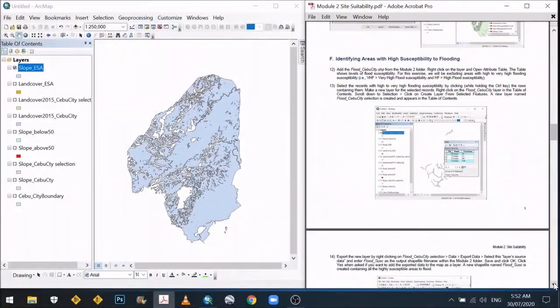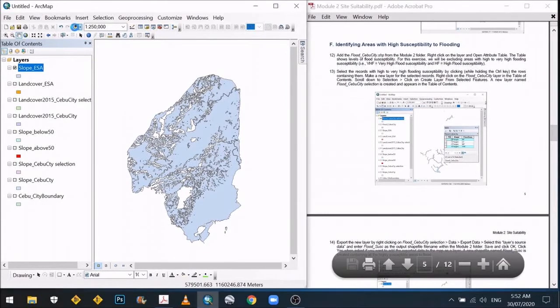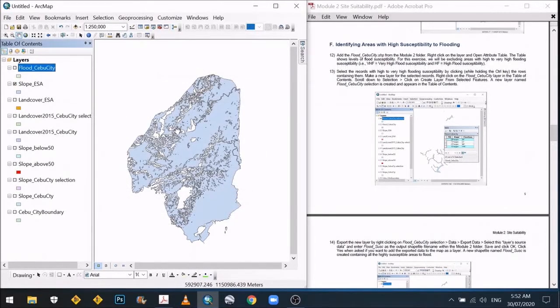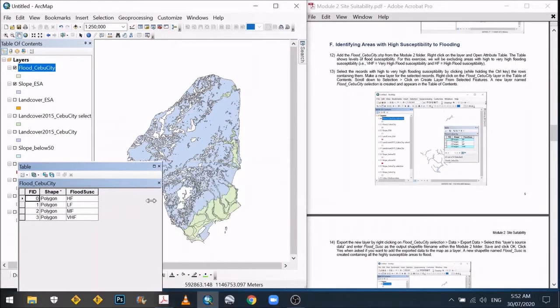Now, identifying areas with high susceptibility to flooding. Now we will add the flood Cebu City layer. Right click on the layer, and then open attribute table. So you have here flood susceptibility classes